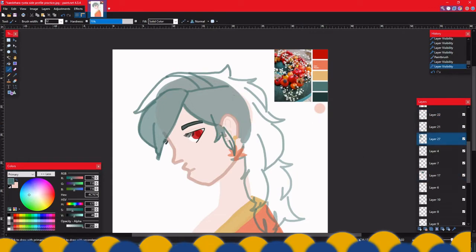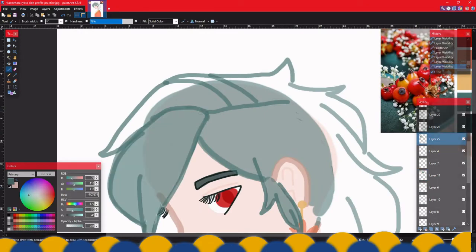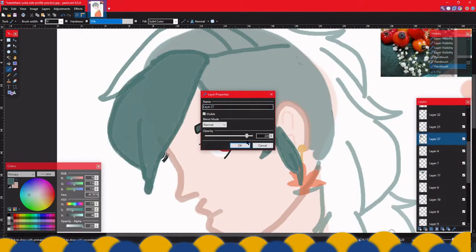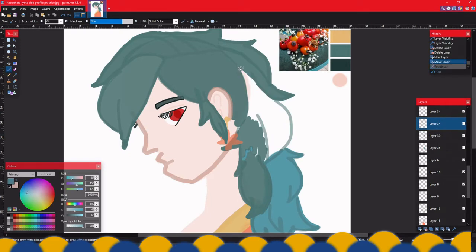Now, his color scheme for his clothes, I initially started off with orange and yellow because I wanted to pull into the autumn theme. But you'll see later on in the stream, I kind of changed that. The reason why is because it's really about trial and error.